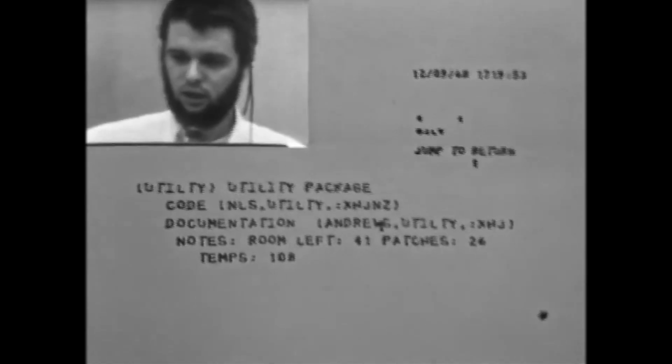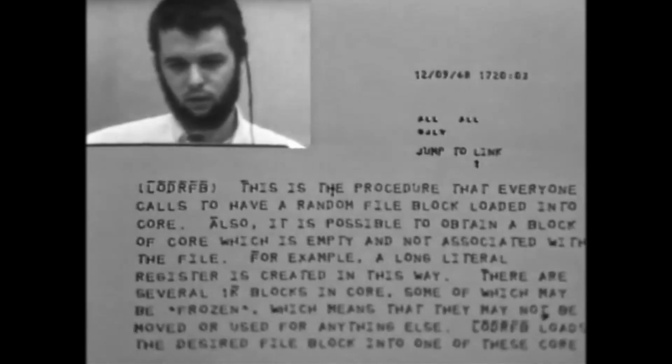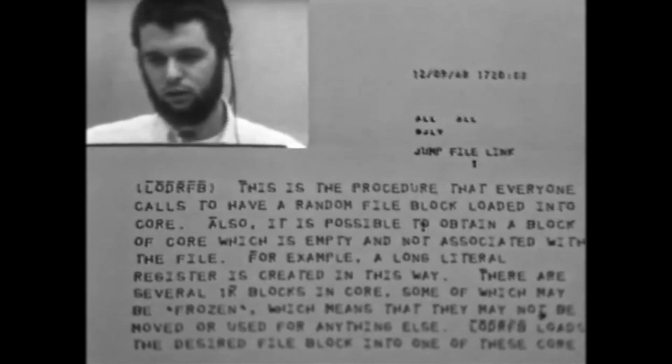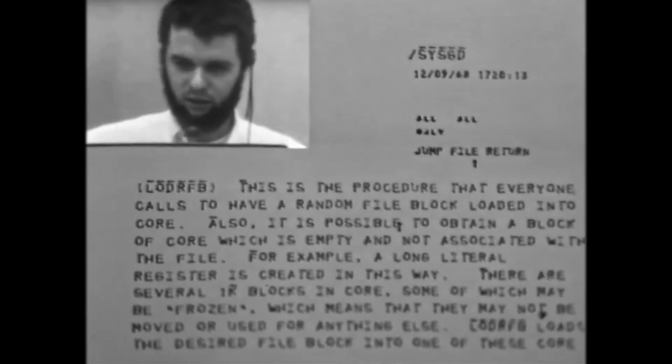Go back to the previous view, and now if I want to go up and get the information, I just do a jump link on this. And here I have the documentation on that particular procedure. After looking at that, I can go back again, and now I'm set up again to continue looking.